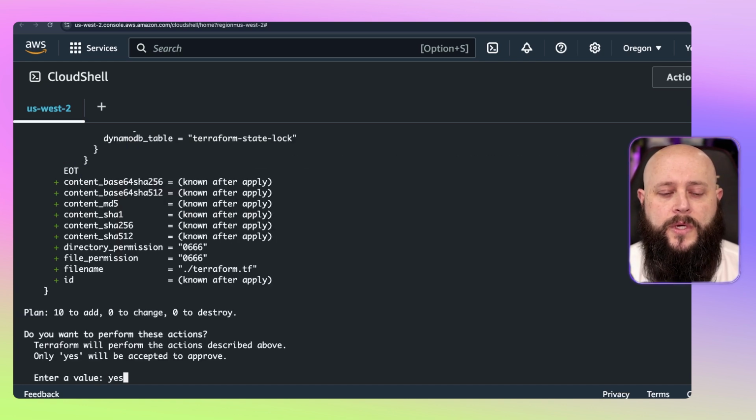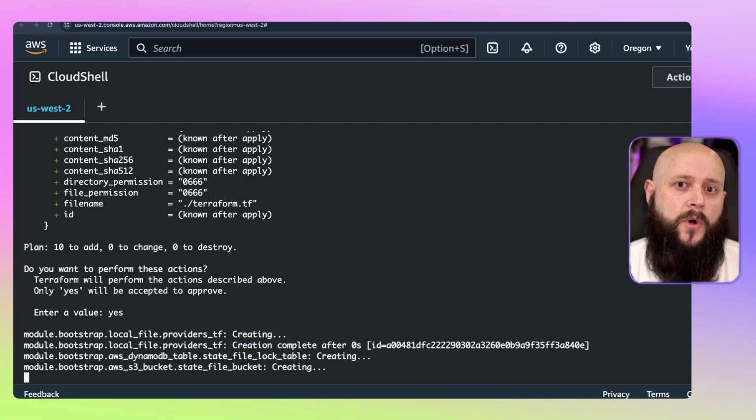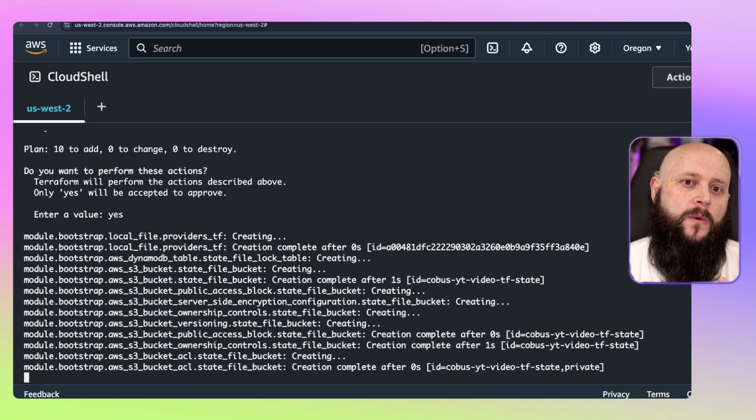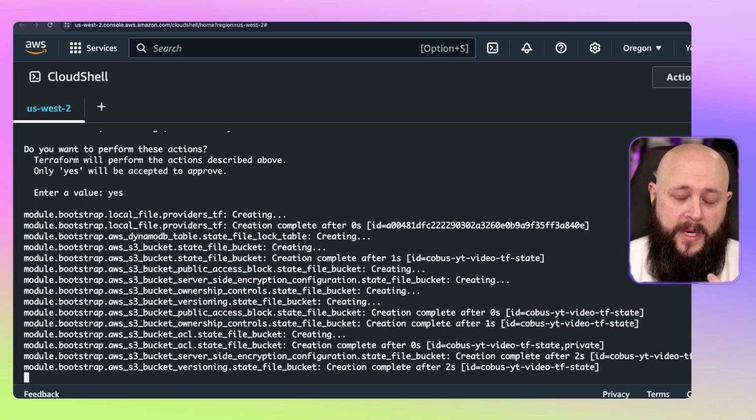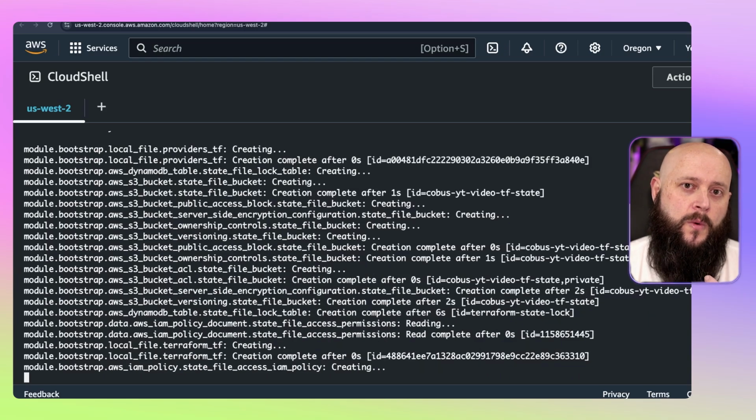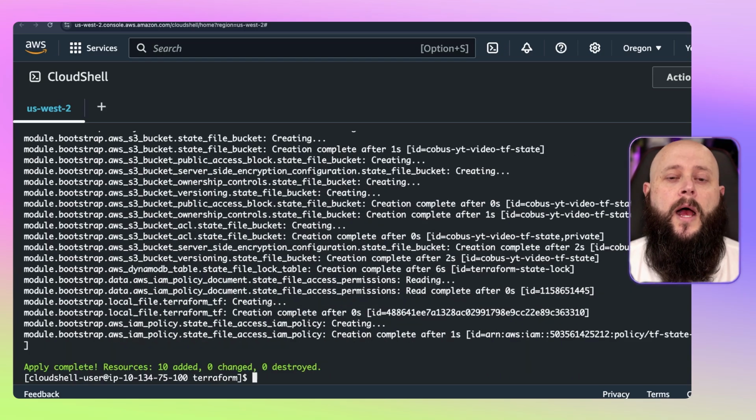Okay, this is all the resources that we need to store our Terraform backend. It's basically an S3 bucket to store the state file, a DynamoDB table to allow us to create a lock when we want to run terraform plan or apply, and then also an IAM policy that we will pass through to the second module to set up our pipeline. That IAM policy allows the CodeBuild jobs that we're going to set up to interact with the state file and also create a lock when they are running.